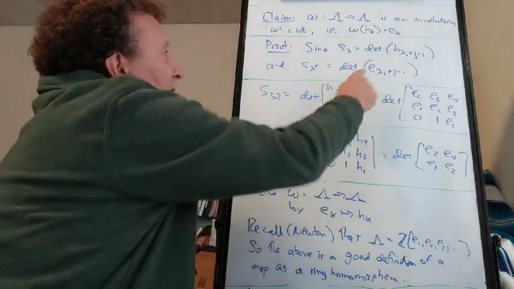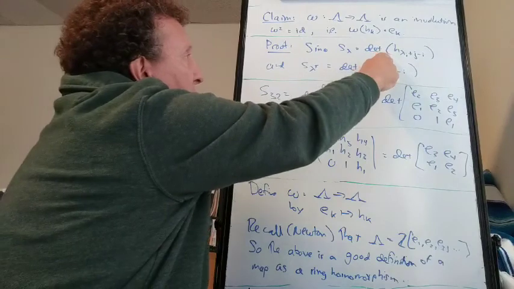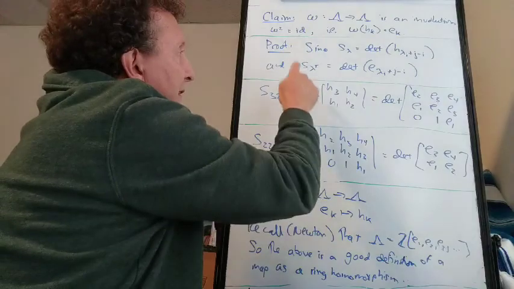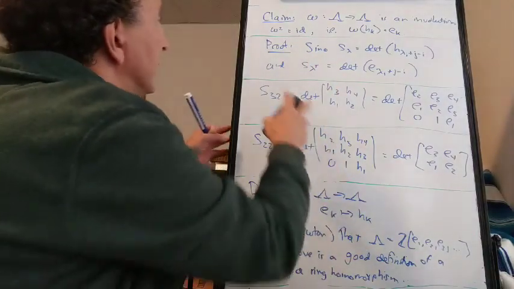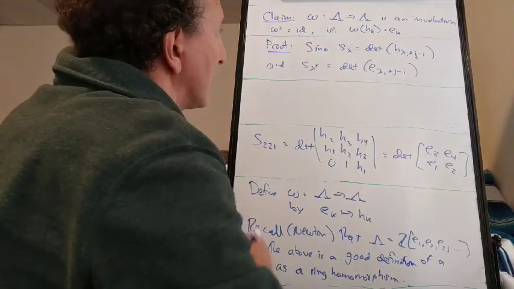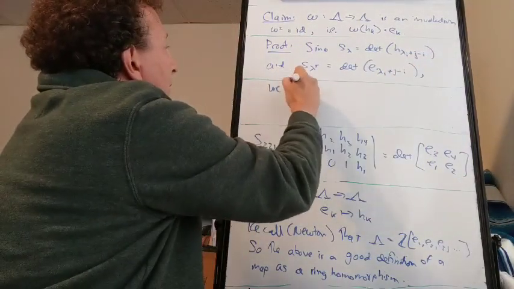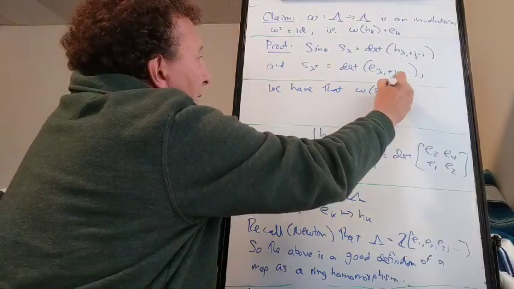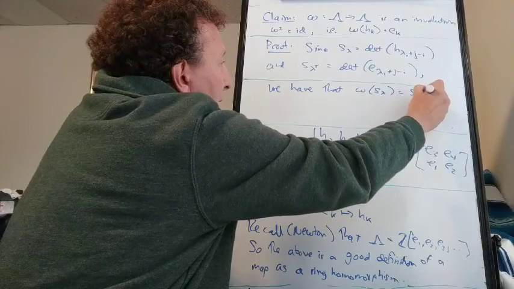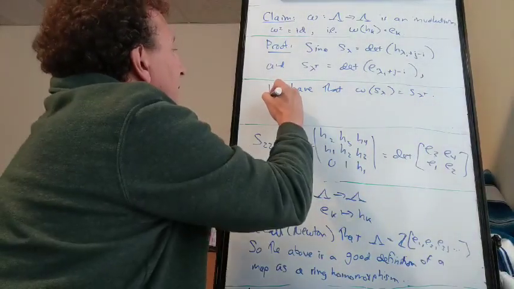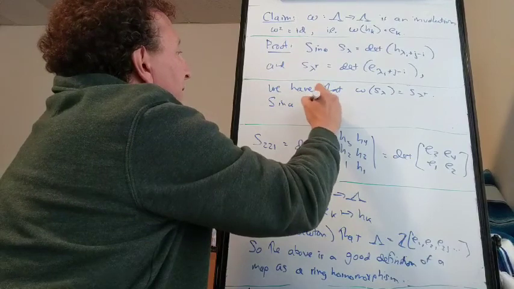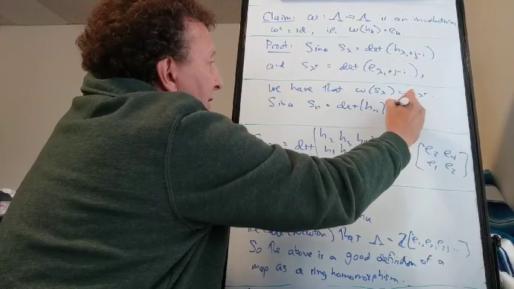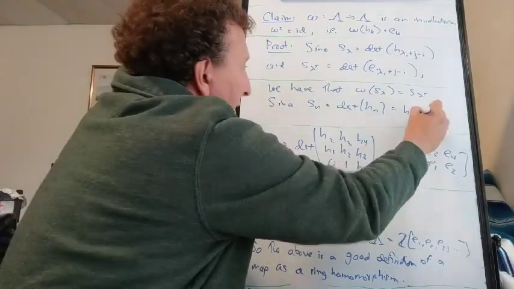So we see that the map that takes every elementary symmetric function to a homogeneous function apparently takes S lambda transpose to S lambda, or equivalently S lambda to S lambda transpose. Now, since Sn is the determinant of the matrix whose only entry is Hn, Hn and Sn are the same thing,